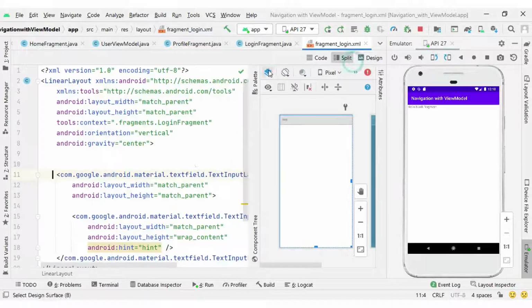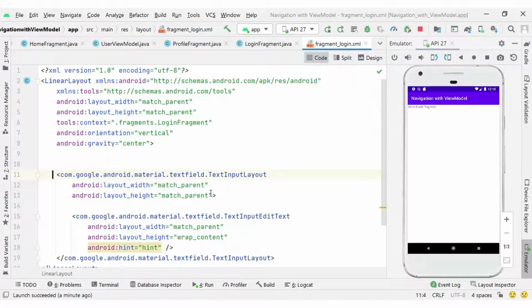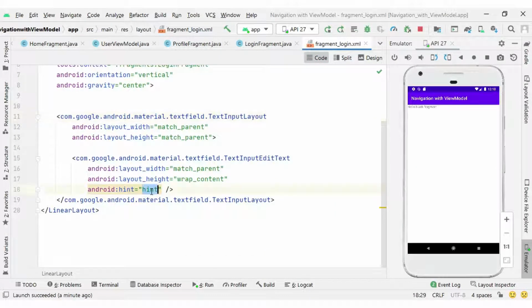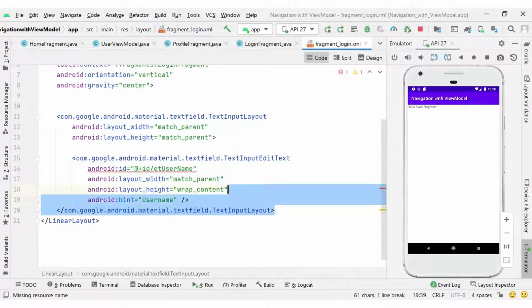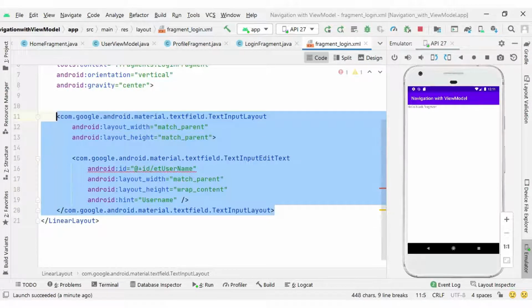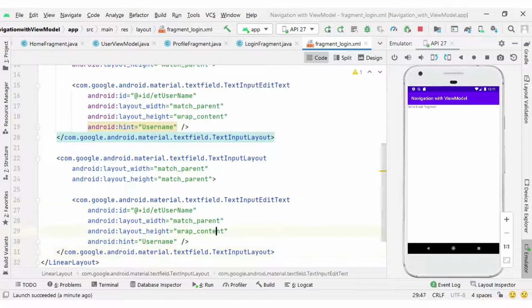Okay, so you can see inside our code part it is ready, and here I will set the username hint, and the ID of the EditText will be et_username. Next, a similar EditText I will create here, but the hint will be password, and the ID of this EditText will be et_password.